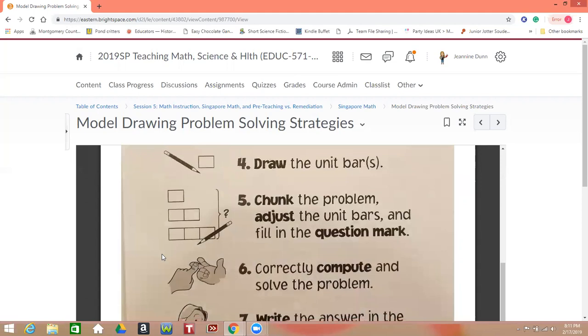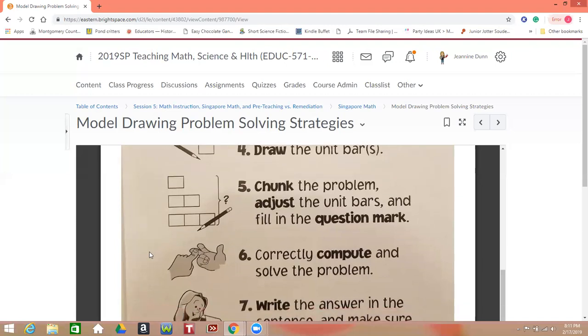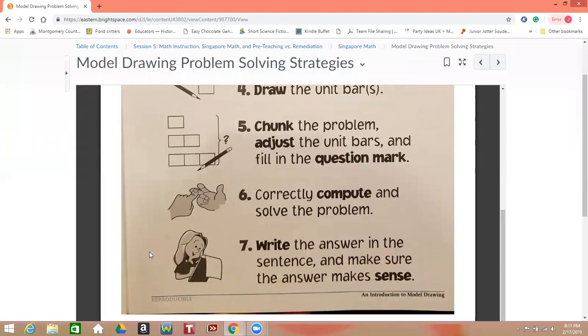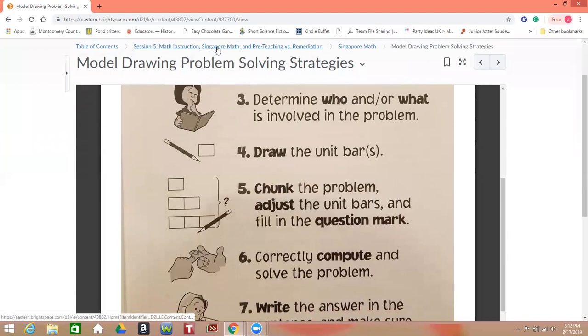Step 5 is chunking the problem, or adjusting the unit bars and filling in the question mark. So we talk about identifying unknown values within the word problems. And then 6 is to correctly compute and solve the problem. And then finally, number 7 is to write the answer in a sentence and make sure that the answer makes sense. And that's just one problem-solving strategy that's included,